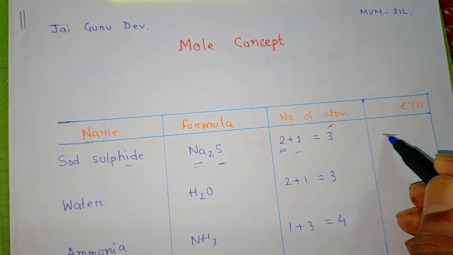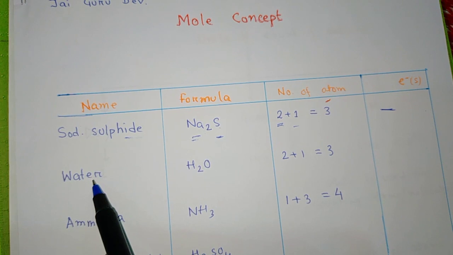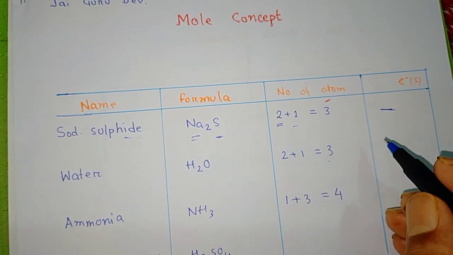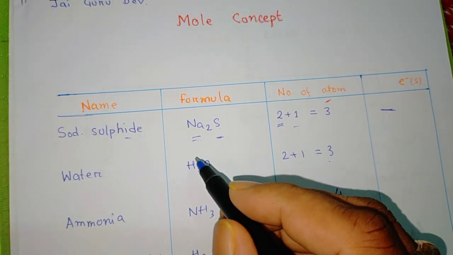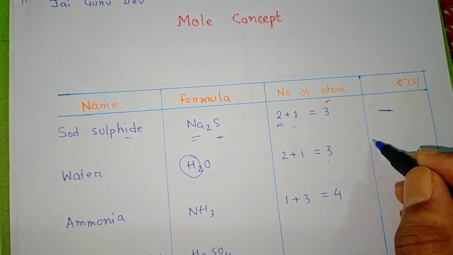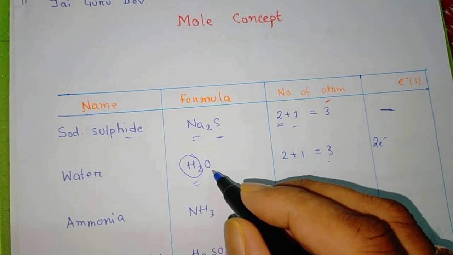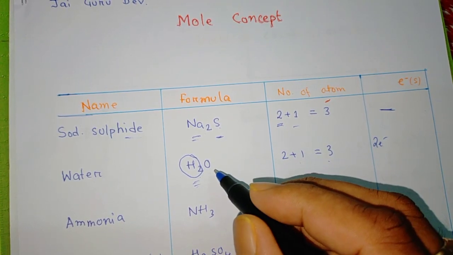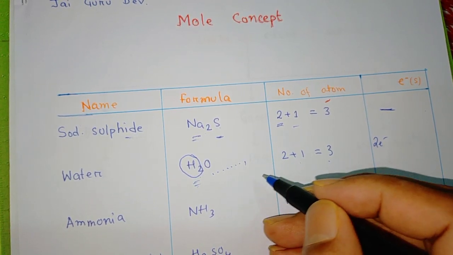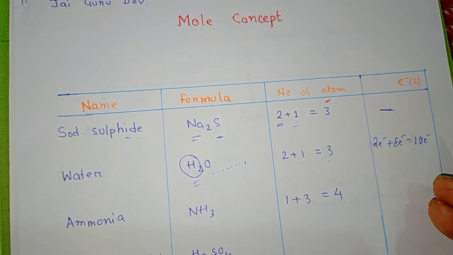Electrons, you count how many electrons are there. We will do this in this category also. Water is a compound, formula is H2O, number of atoms 2 plus 1 equal to 3. Now if I count the number of electrons, hydrogen contributes 2 electrons because there are 2 hydrogens, 1 hydrogen, 1 electron, 2 hydrogen, 2 electrons. Oxygen comes as the 8th element: hydrogen, helium, lithium, beryllium, boron, carbon, nitrogen, oxygen. So it will contribute 8 electrons. The number of electrons is 10 in that case.